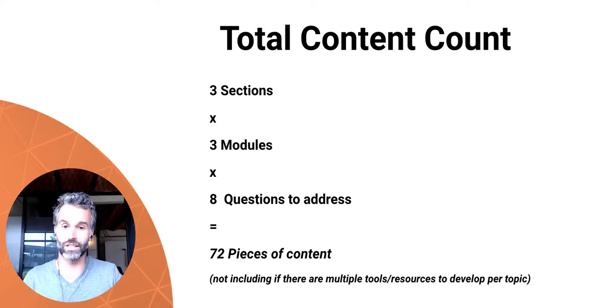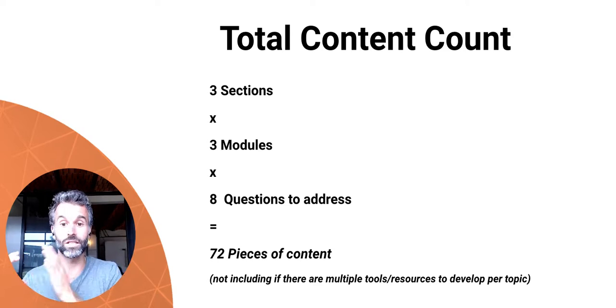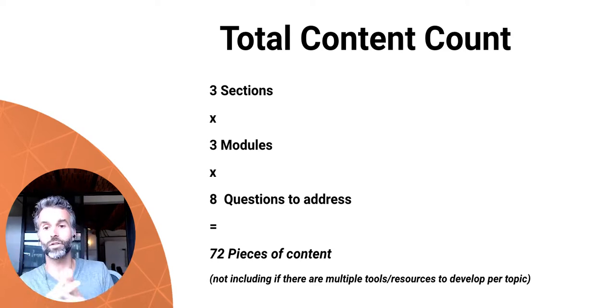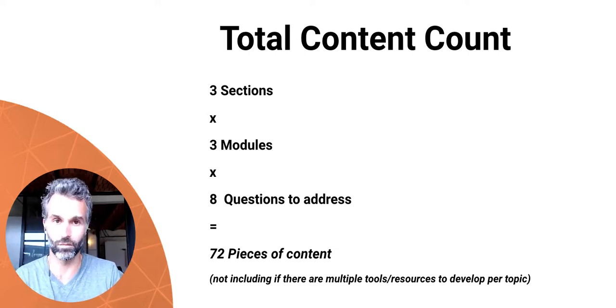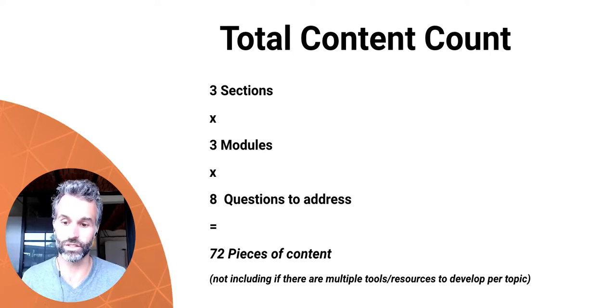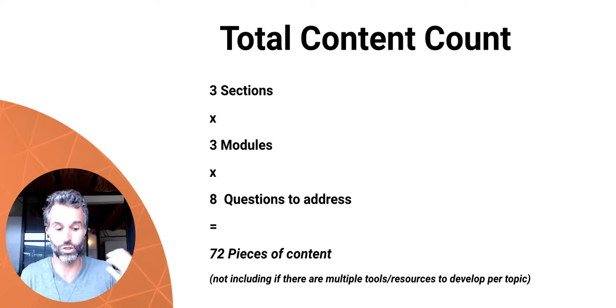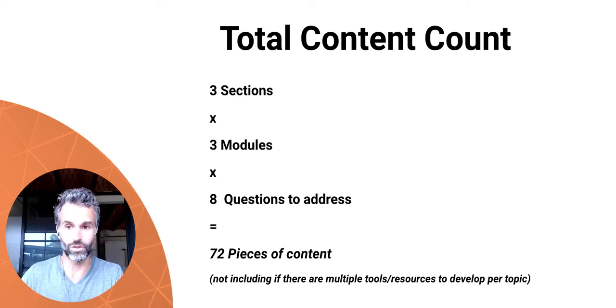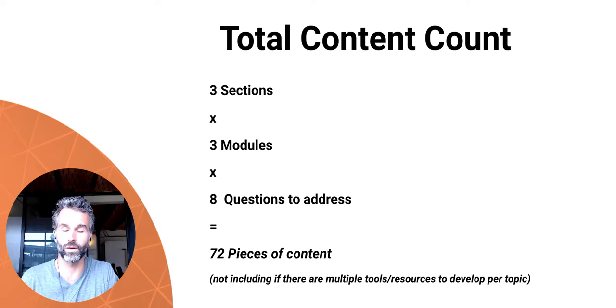And that's not taking into consideration if there's multiple tools and resources or books you recommend. That's not taking into consideration breaking down building an audience into all of its smaller pieces. So as you're putting together this online course framework, look at how other people are training in that same material. Look at how they break it down. Look at all the subsections. And I encourage you to just use what's already built. You don't have to think this up from scratch. Use what already exists out there. Frame it up for yourself. Add in the things that you feel are missing or take away the things that you don't feel are important. But if you do this, even just this will give you 72 pieces of content to make, which is pretty insane.